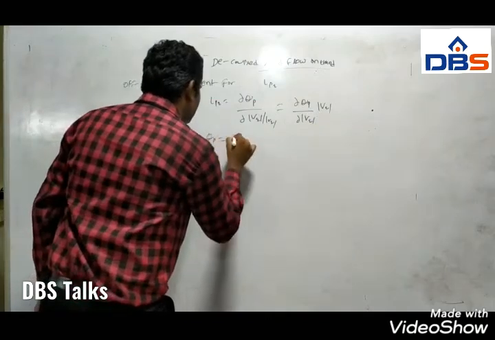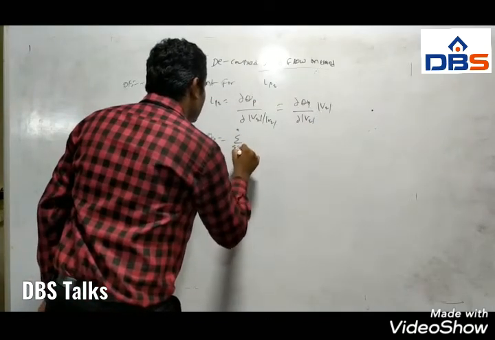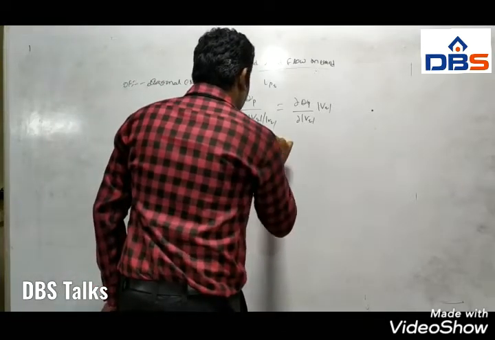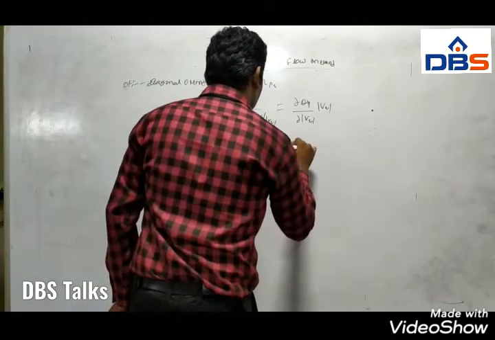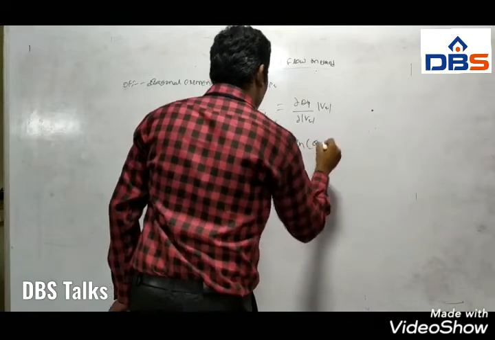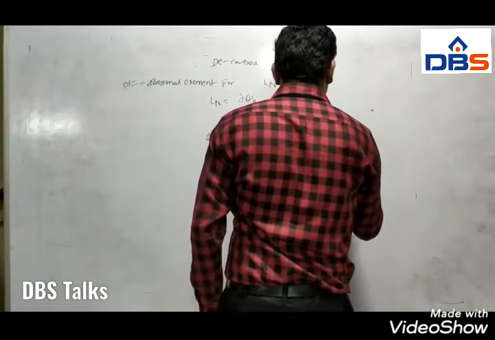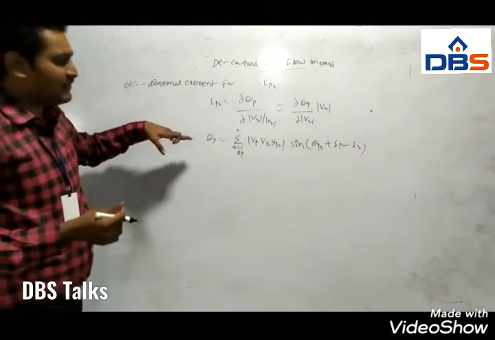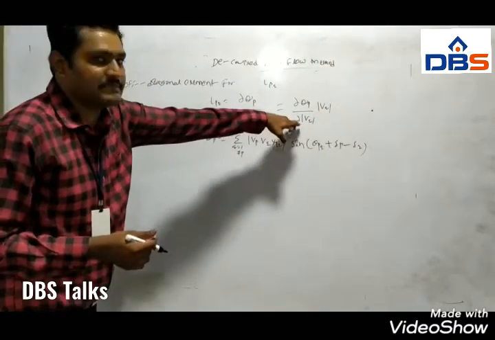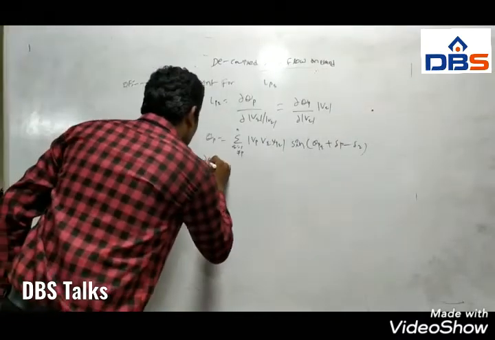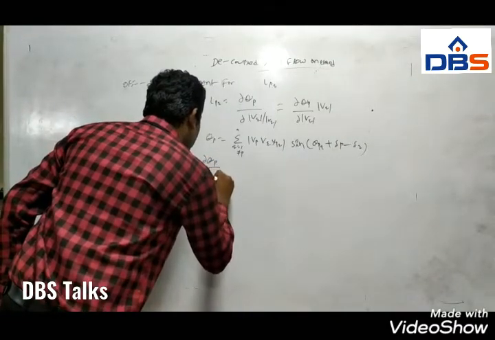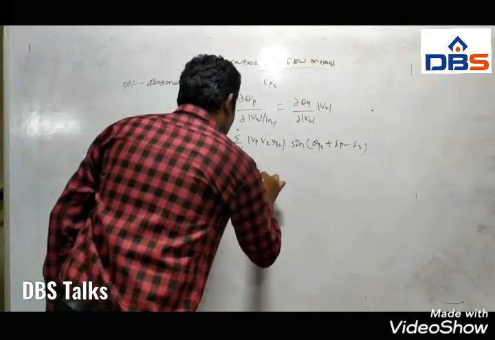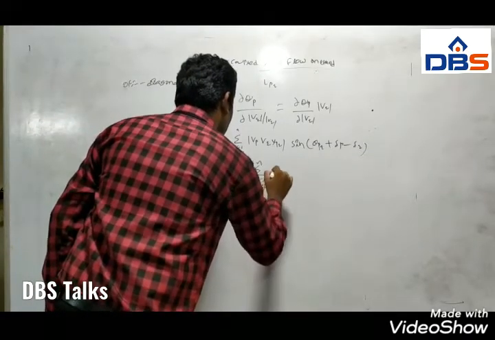So here we have Qp is equal to sigma q is equal to 1 to n, not equal to p, |Vp||Vq||Ypq| sin of theta pq plus delta p minus delta q. So here we are differentiating reactive power with respect to voltage magnitude. So we have dou Qp by dou modulus Vq into modulus Vq, which is equal to sigma q is equal to 1 to n, not equal to p.